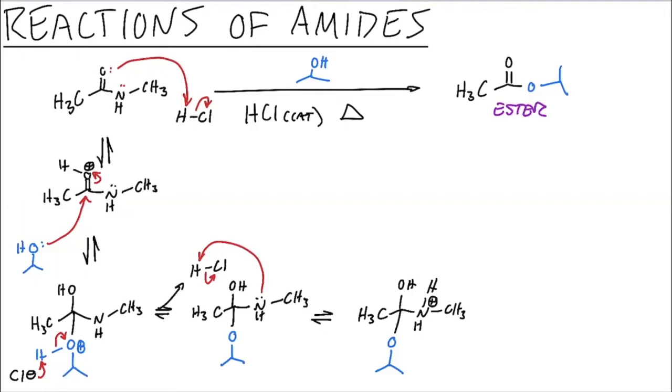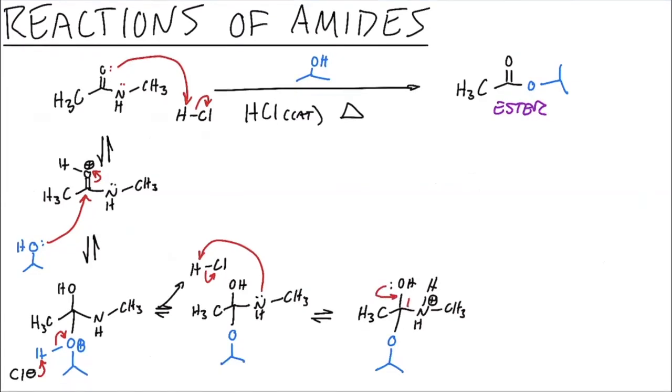When we're talking about reforming a carbonyl, we'd much rather pick an OH group than an OR group, because we can easily pull off hydrogens to neutralize a positive charge. We can't do that with carbons. So it would be a little bit annoying to have to do with a carbon-based group. We're just going to avoid that. We'll use the one that's much easier to do, and that is the one that has the hydrogen attached. So we want to pick this top oxygen right here, use its lone pair electrons to fall back down, reforming that pi bond, and then we're going to kick out our nitrogen as a good leaving group, like so. And then we'll get to here,